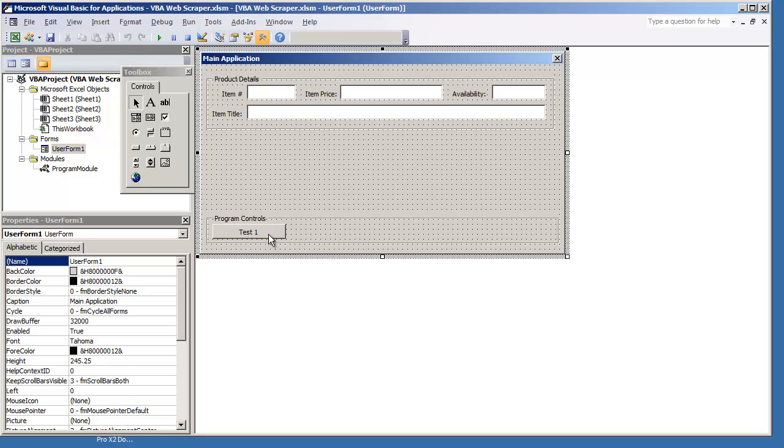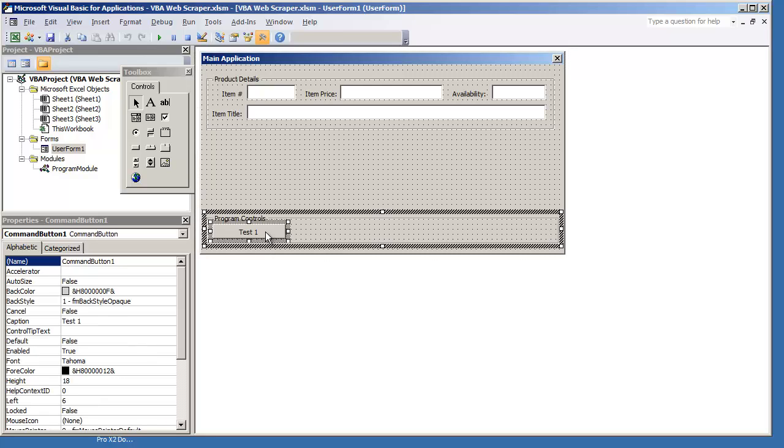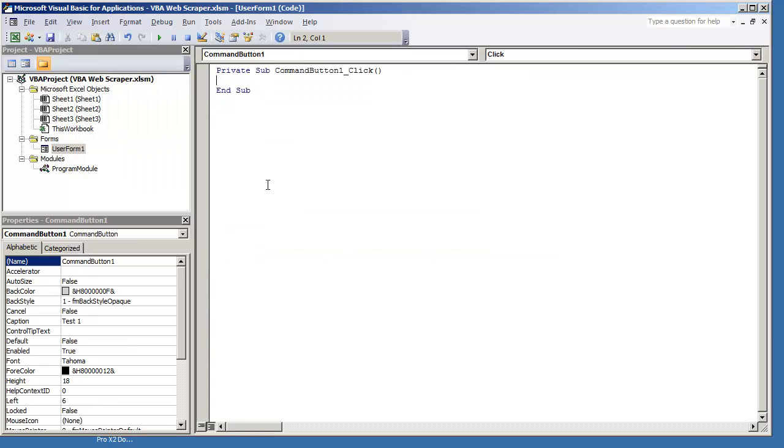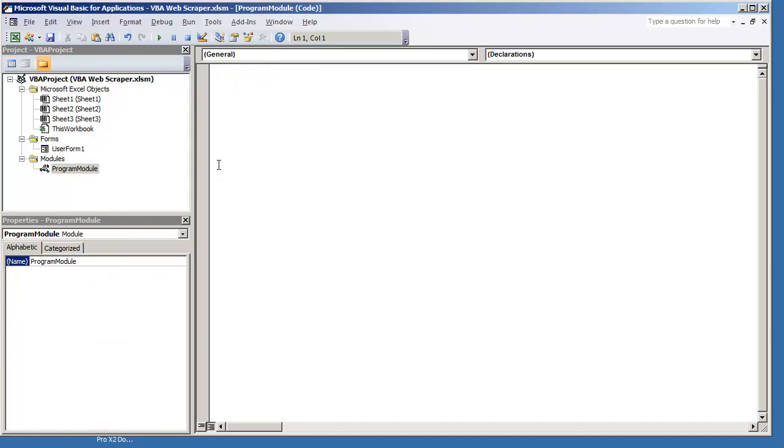So under program controls, where I have test 1, I'm going to double click this, and I'm just going to call this call first macro. Now there isn't any kind of macro or coding that's called first macro, but what we can do is go to our program module, and all you do is type in, it's very simple, don't get overwhelmed, just typing in sub first macro, open parentheses, close parentheses, and here's where you can write out the code. So I can just put message box